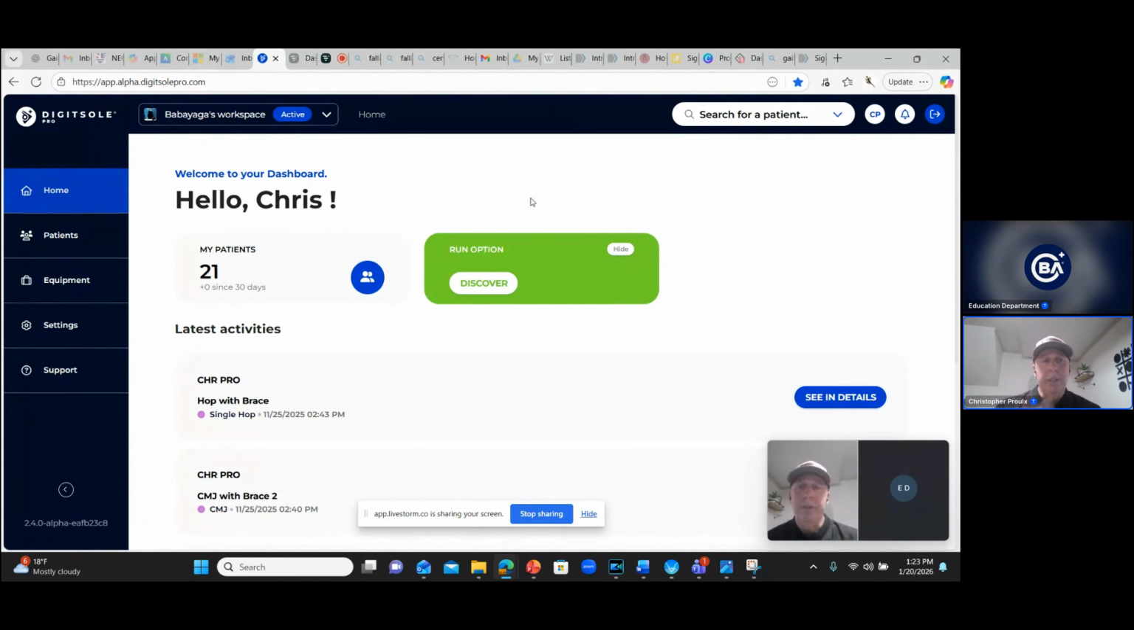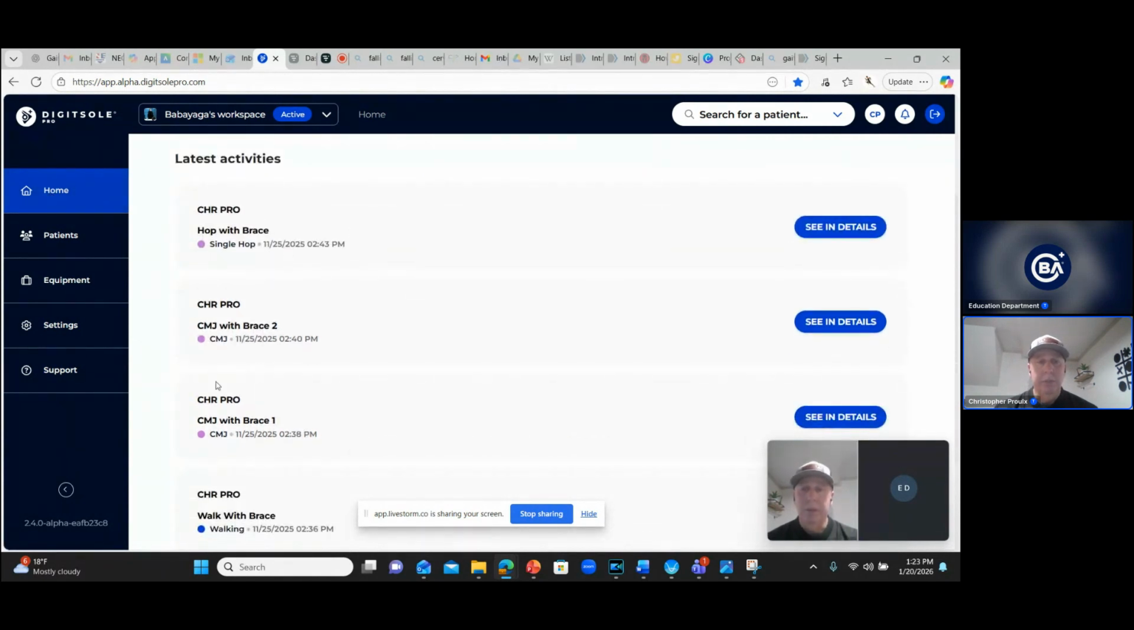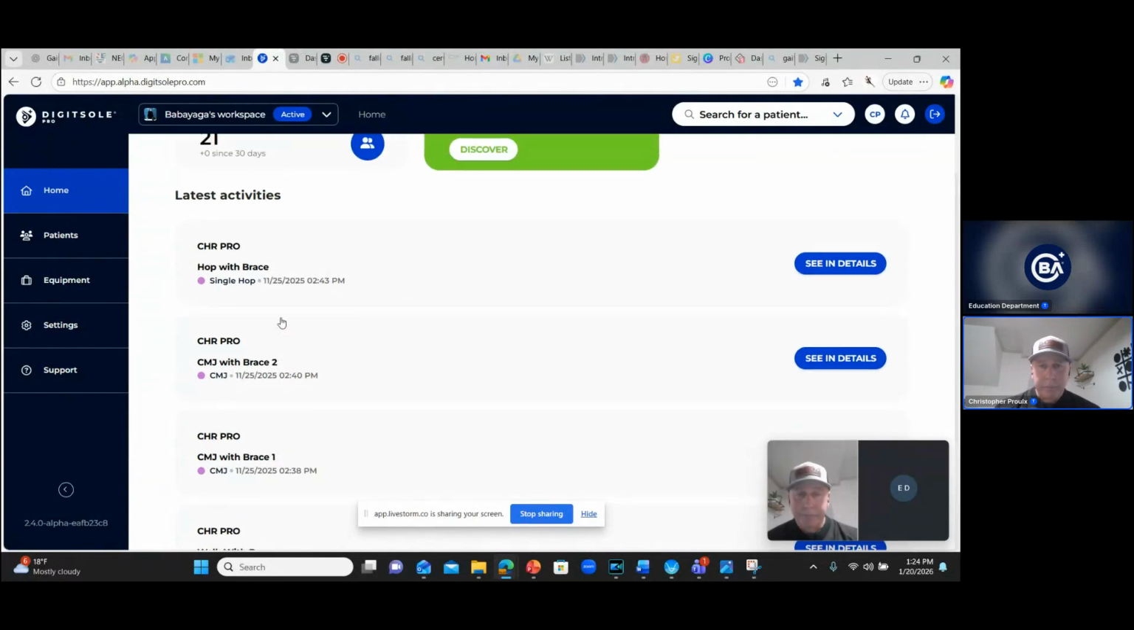So this is the online version of the application. And so this is my alpha, so it looks probably a little bit different than yours, but essentially it's all the same stuff. So this brings up the dashboard when I'm at the home, and it tells you some of your patients. It shows you your most recent activities, and